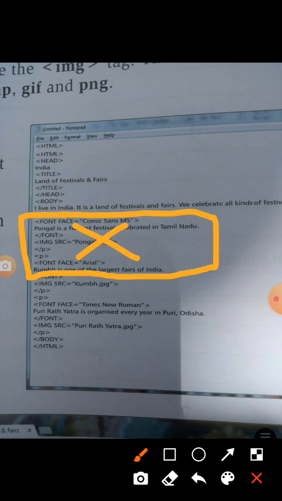So what we have to do is write the img. Here you can see the next thing is img. Img stands for image tag. So for an image you have to write img, then src. Src is used to search for the picture or photo from your computer. After that you have to put the equal sign. After putting your equal sign, you have to write your file name.